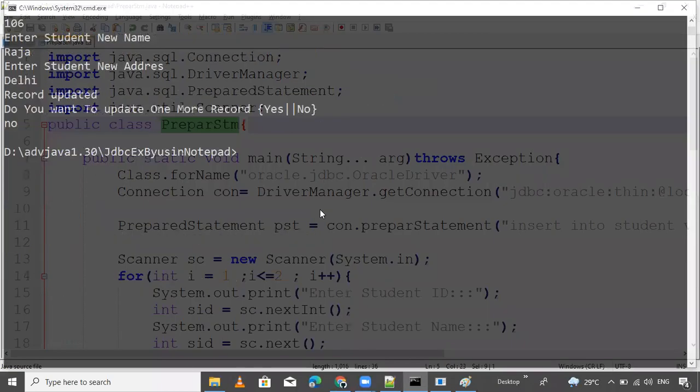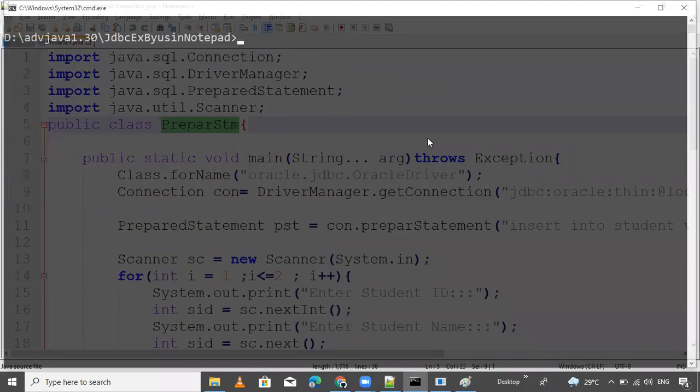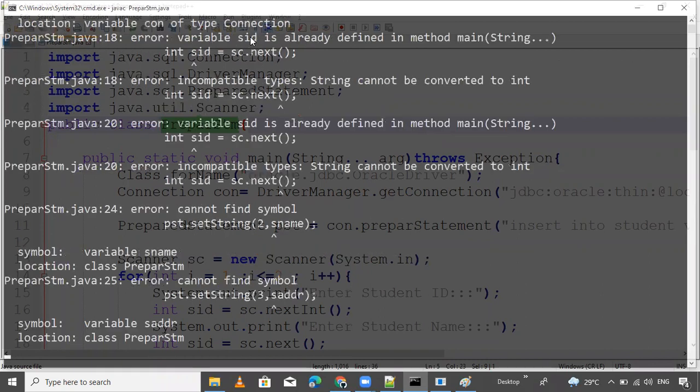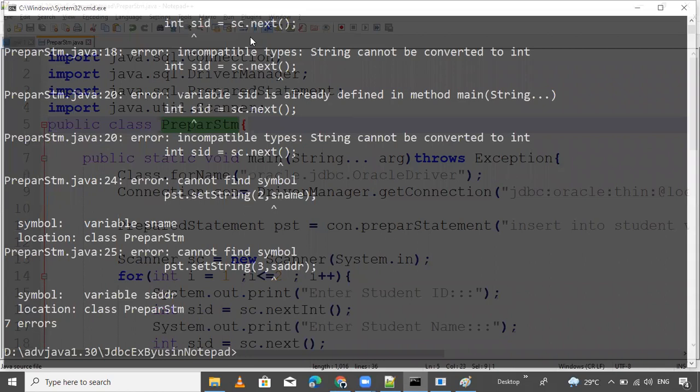This is our previous command from CLS, because we are preparing all the examples inside this location. We execute this program: javac PreparedStatement.java. If there is any error, oh, the string cannot be converted to int.